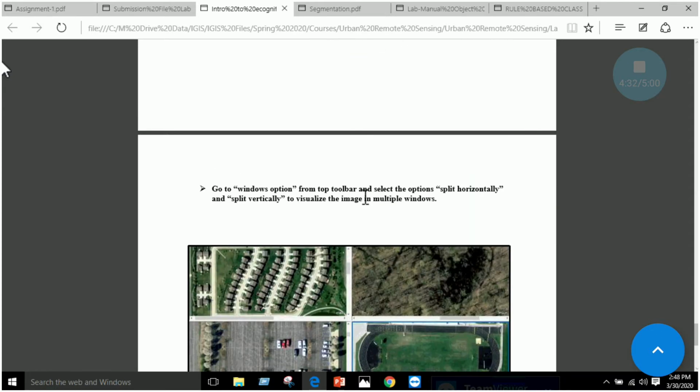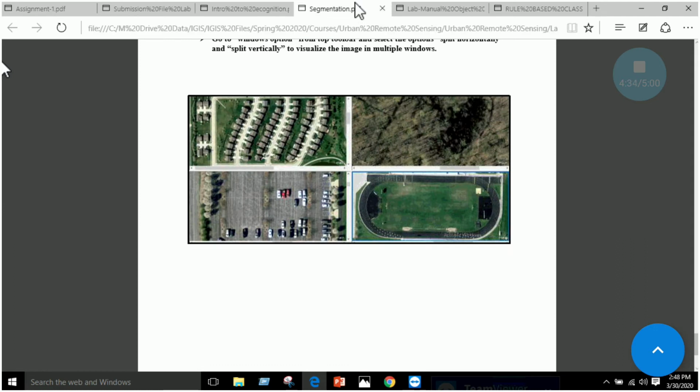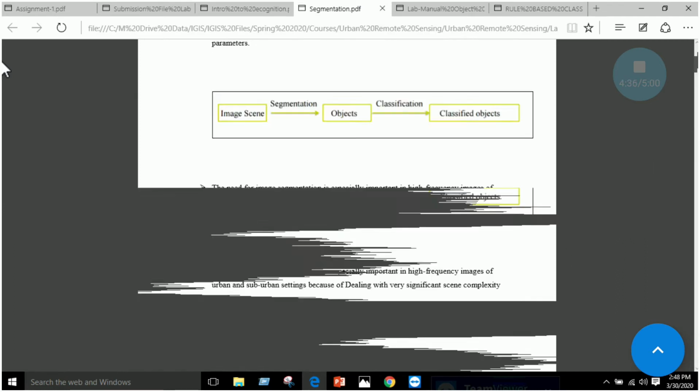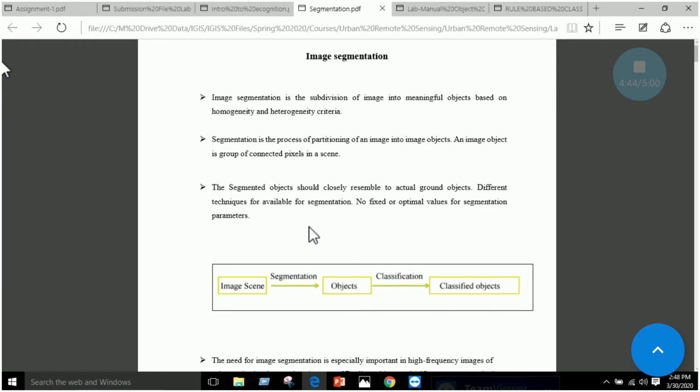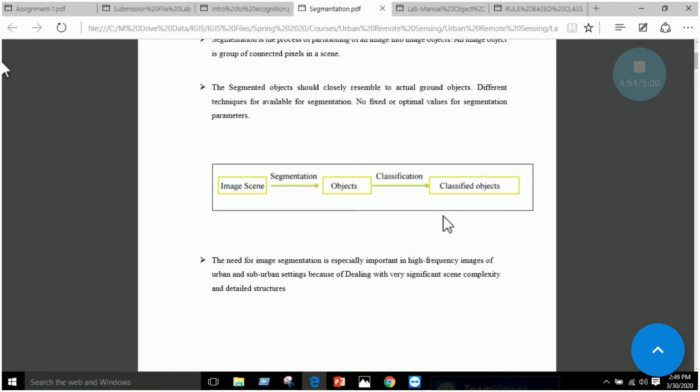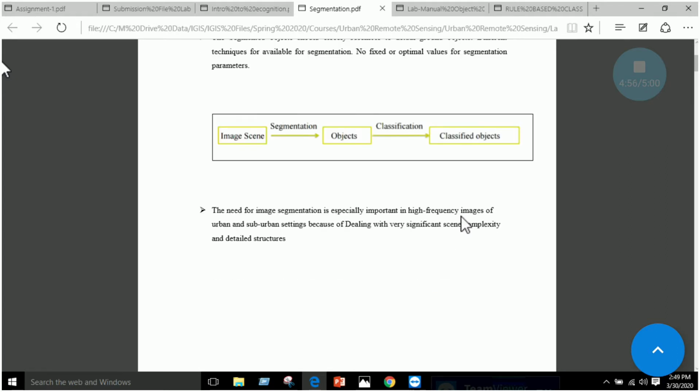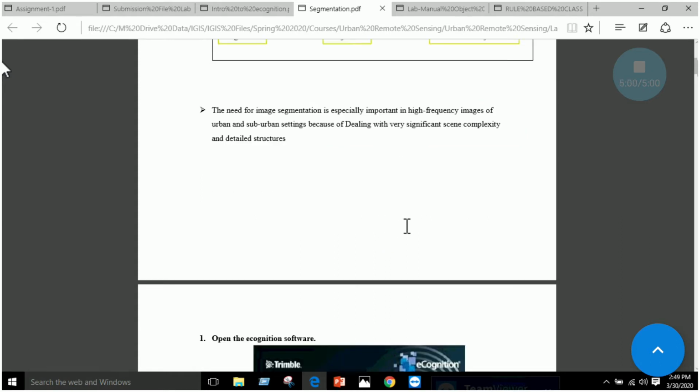After that, we performed image segmentation. That was a very important lab. We spent almost 2 to 3 labs discussing image segmentation in detail. What was image segmentation? We have already discussed that if you have an image, you segment it or divide it into small objects, right, and later classify these objects and produce a classified image, right. So when we are dealing with high resolution data,